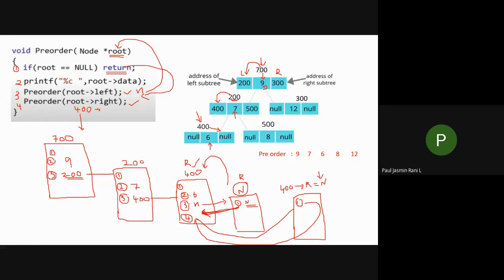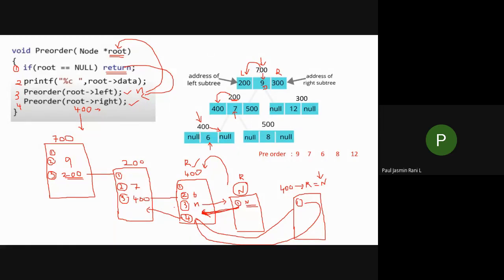So here in this part, all the 4 statements get executed. When all the 4 statements get executed, again from this part I go back over here. Can you follow this one? When a function has a return statement, or otherwise all the statements are completed, it goes back to your previous one.